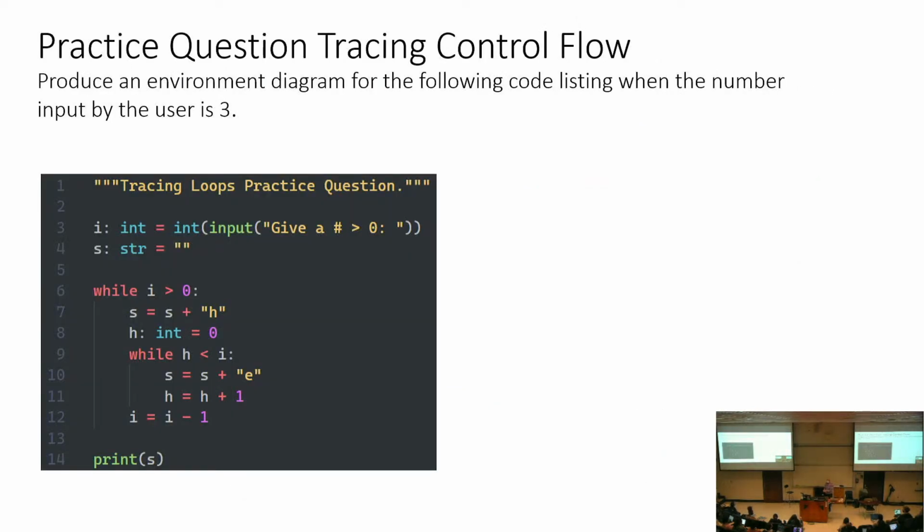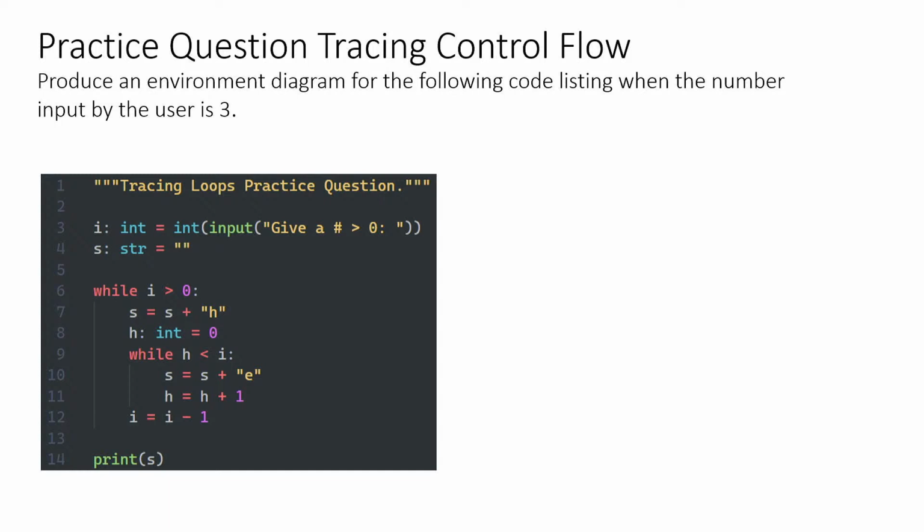All right, so let's jump right into a practice problem, and we're going to do this with pen and paper or pencil and paper. So I'm going to encourage you to set up an environment diagram, and let me just make sure I get the camera out of the way. And what I want you to imagine when tracing through this is that on line 3, when the user is asked for input, they enter the number 3, all right? And trace it as if they entered the number 3 into the input prompt. And keep track of the variables as well as what the printed output is. And we'll spend a few minutes working on this.